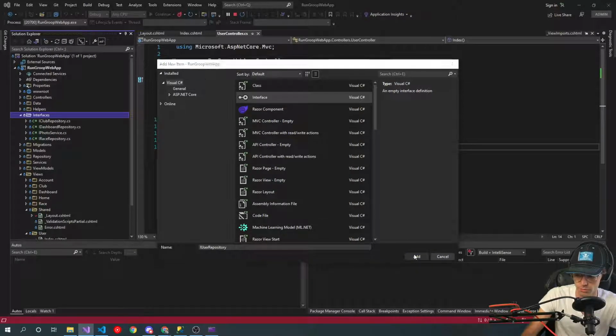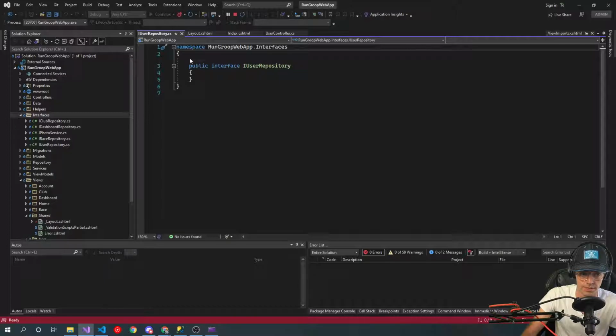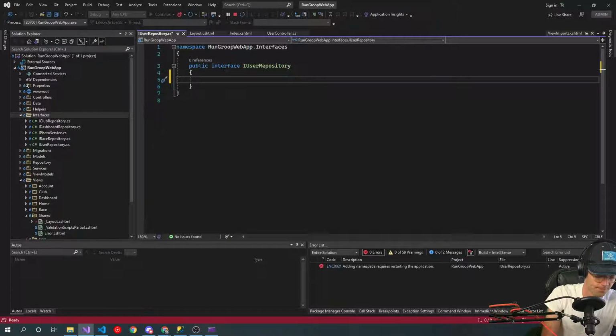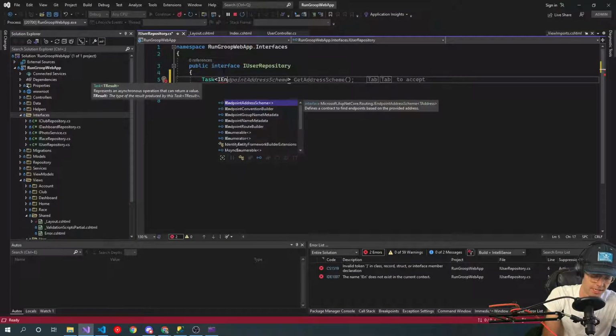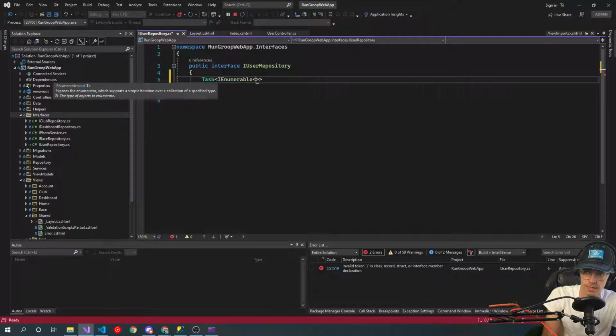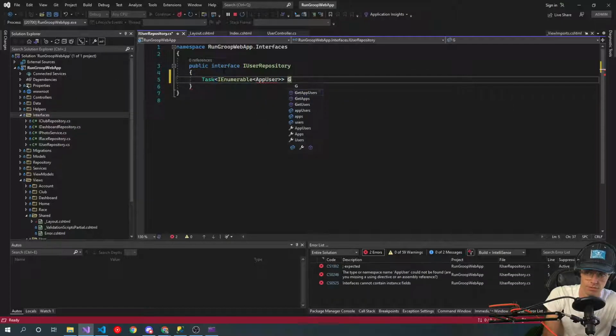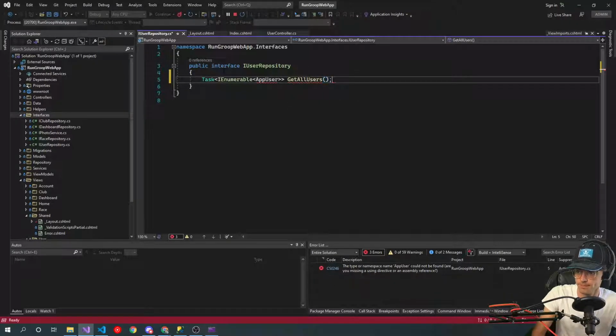We'll just call this the IUserRepository, and all these are going to be async, and we're going to be pulling the app user. So get